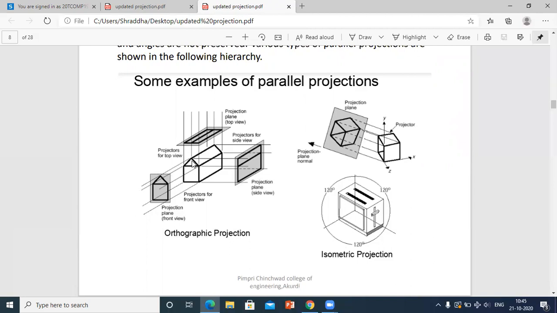This is nothing but the projectors for the front side, projectors from the top view, projectors from the side view. Okay, projectors again from the side view, means exactly how this. See, they are nothing but parallel lines. Side view is having parallel lines. Front view is having parallel lines. In isometric projections also, you can see they are making certain angles. The figure is having x, y and z axis, and also the lines are projected in a parallel manner. So this is an example of parallel projection.